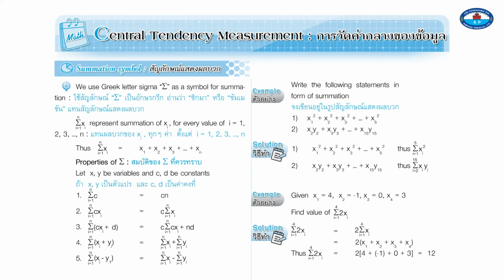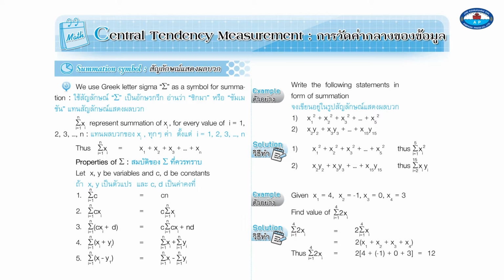Central tendency measurement. Summation symbol. We use the Greek letter sigma, summation, as a symbol for summation. This symbol represents the summation of xi for every value of i equals 1, 2, 3 through n. Thus, the summation of xi for every value of i equals x1 plus x2 plus x3 plus all the way through